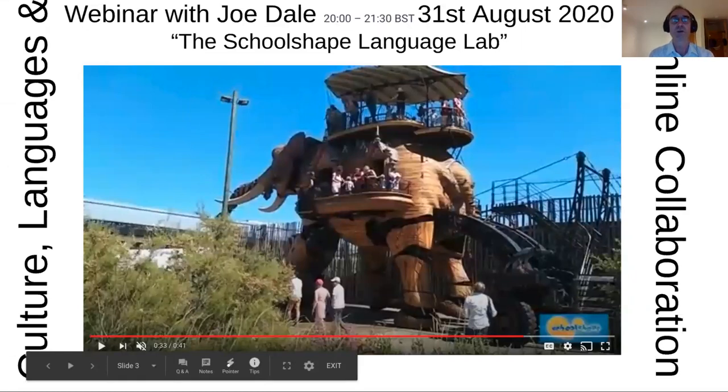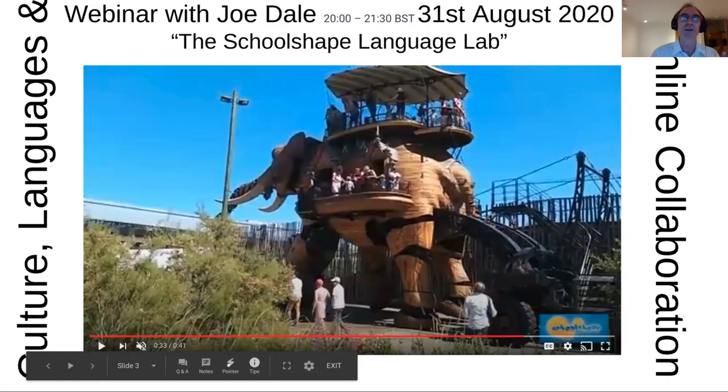On that ground there, the huge area where these mechanical elephants are, something like 150,000 slaves were shipped off to the Americas, les Antilles and so on, through the French slave trade. Now, I'm not saying that this is necessarily the kind of thing that you want to be teaching in your lessons, but